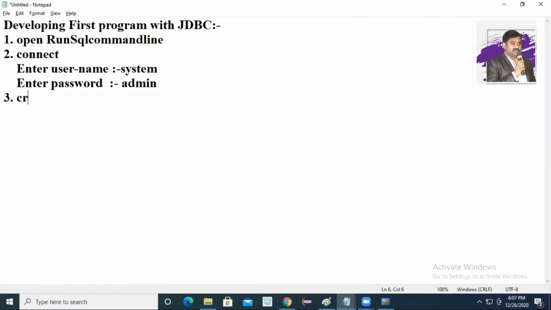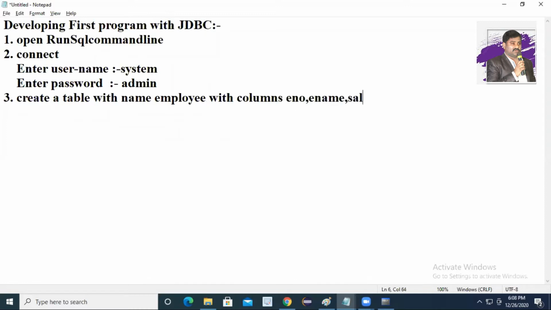Now step number 3, create a table with the name employee, with columns enumber, ename and salary. I want to create one table. The syntax for creating the table is create table, table name. Here you can give the column name enumber. Data type you can give as number, number of size 5, comma ename.